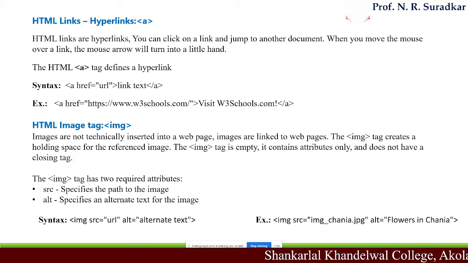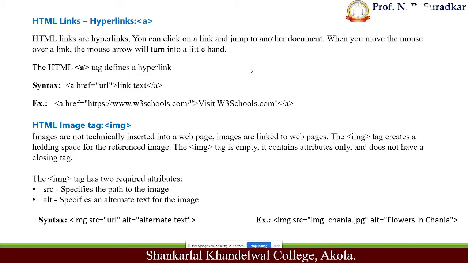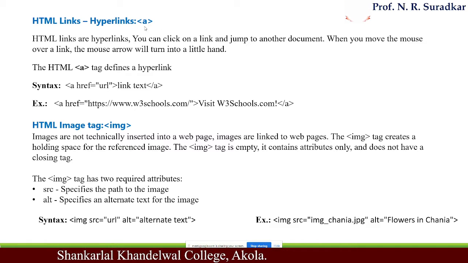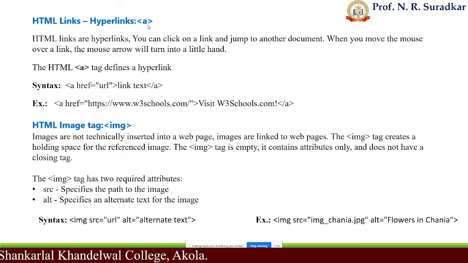Likewise the marquee text, we have to use certain text information. To that text information we are giving the link, and to give the link in HTML, we use the tag A. This tag A is called an anchor tag, and this anchor tag is used to give the links in our web pages. Okay, what is the syntax of that?